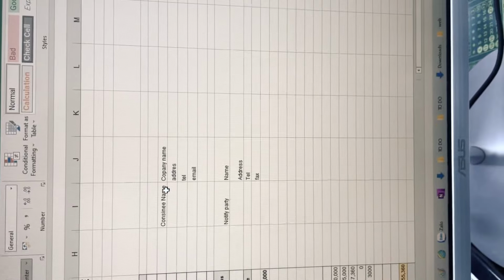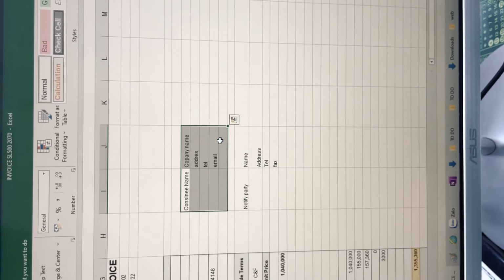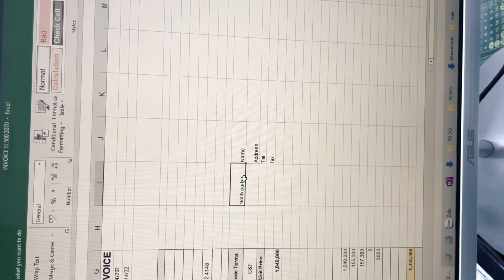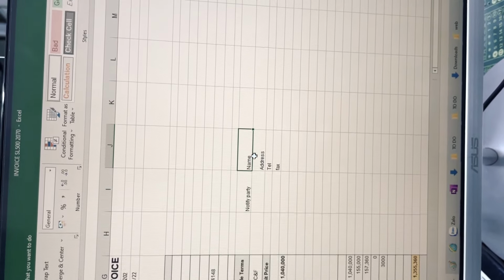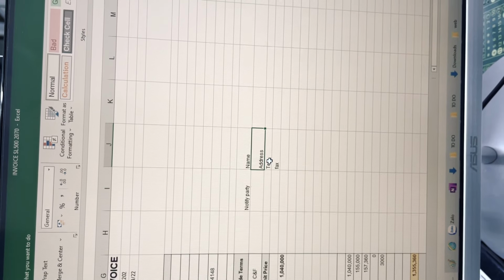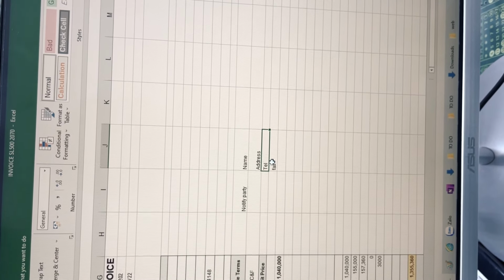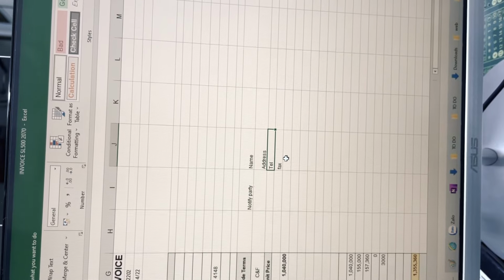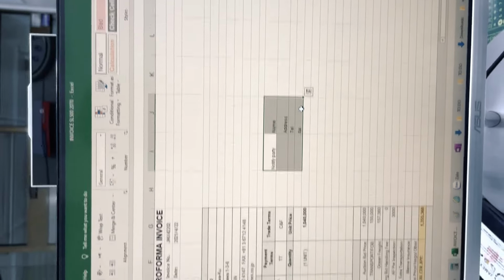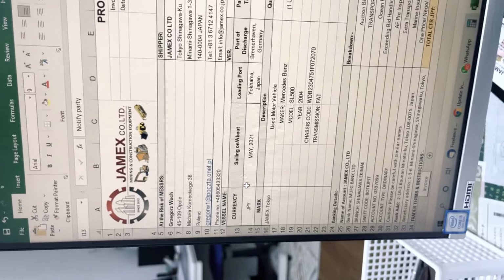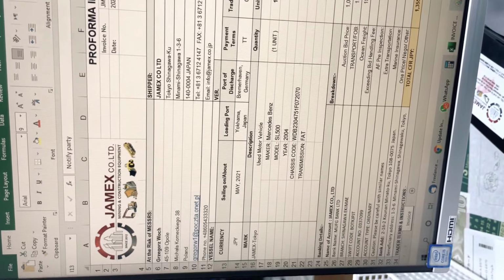And sometimes it also has a notify party, and the notify party has the same information: company name, customer name, maybe address, telephone, fax. So sometimes you have to add notify here, and we don't want to go zigzag.